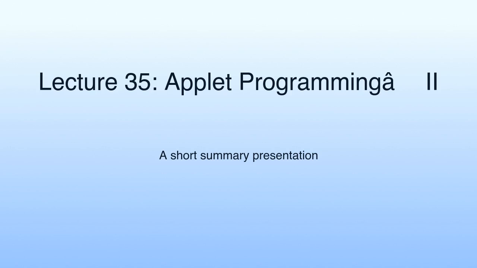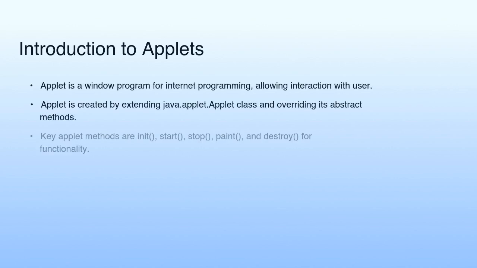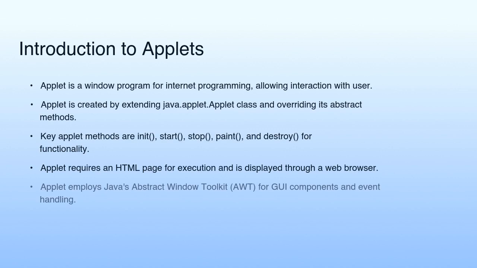Lecture 35 Applet Programming, II. An applet is a window program for Internet programming, allowing interaction with the user. It extends the java.applet.Applet class and overrides its abstract methods like init, start, stop, paint, and destroy to provide